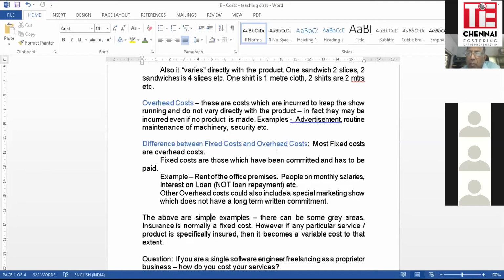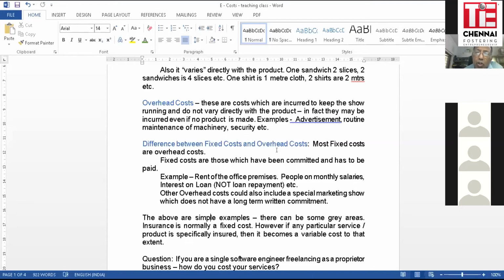Nobody knows if that mobile number is right or wrong, but it is supposed to be written. And there is one chap whom you are paying for this purpose. Now, he is an overhead cost for you, because whether you do anything inside your office or not, this man is going to take the list of everybody who came inside and their mobile numbers. Now, this is a trivial example.